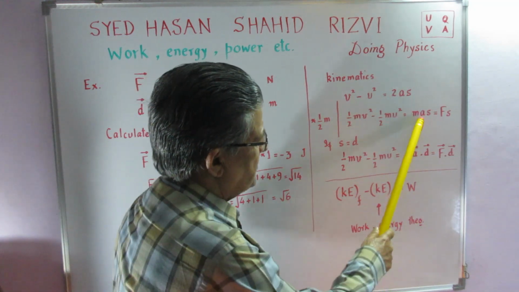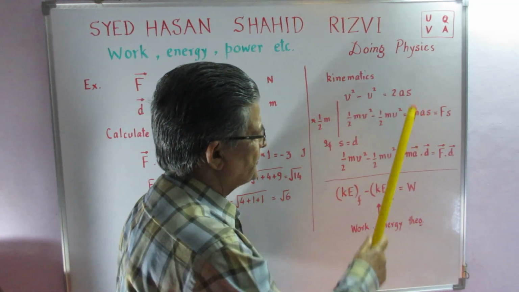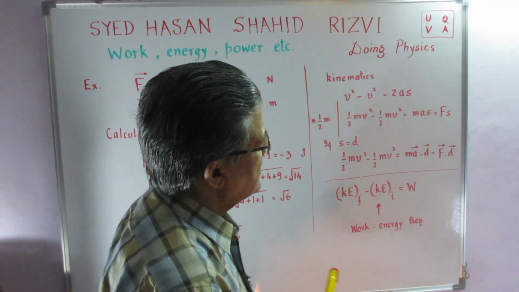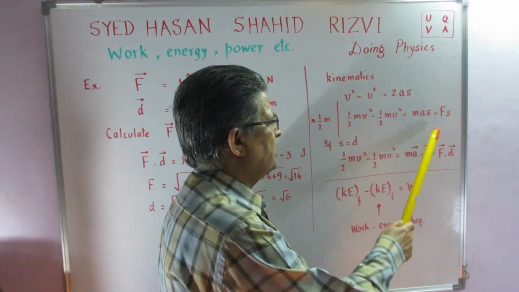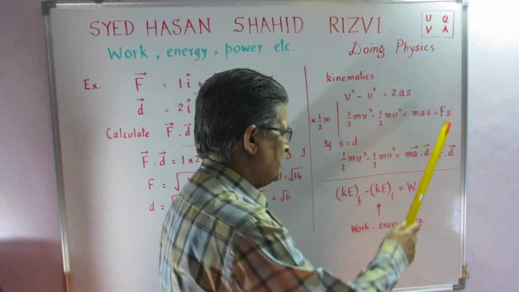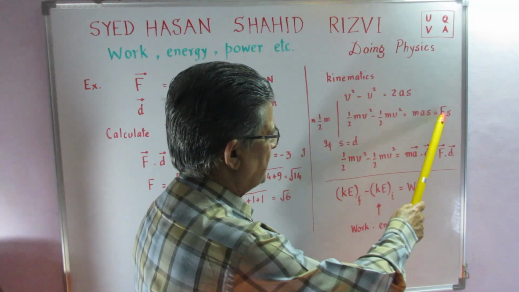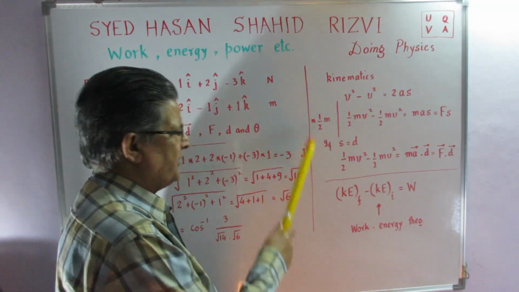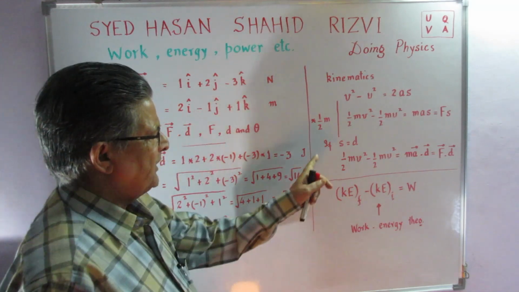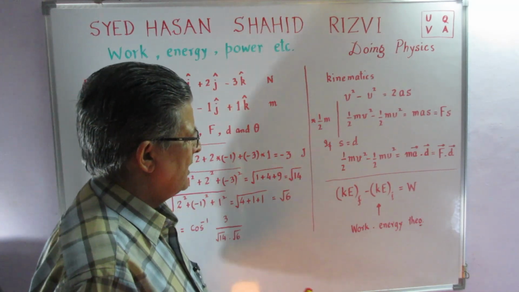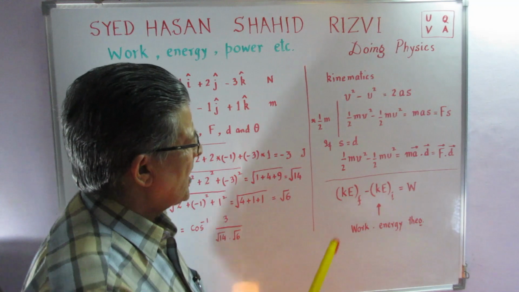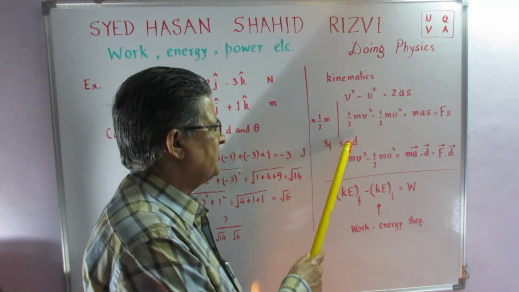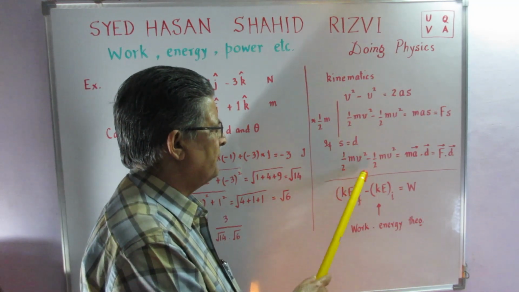Here ma is the force by Newton's second law, the definition of the force, and s is the displacement. Here s has been taken as displacement, so I just write it as F into s. If I write like the definition I gave for D, F dot D, then if s is equal to d, I can write the difference of the two